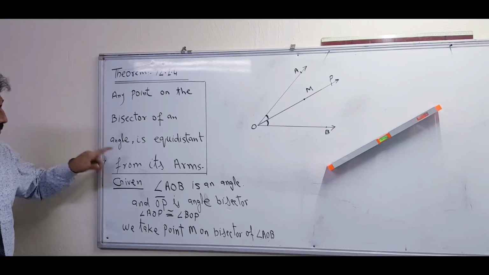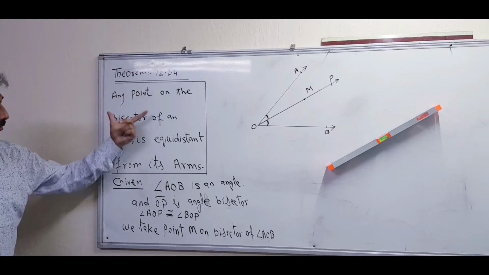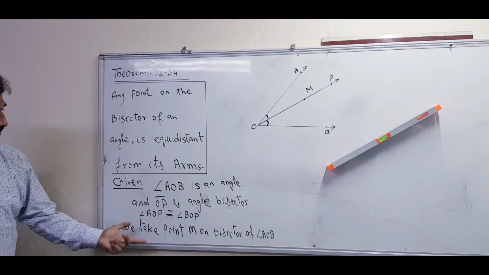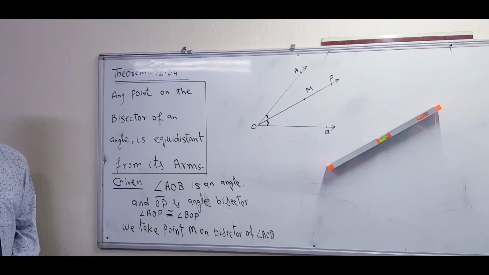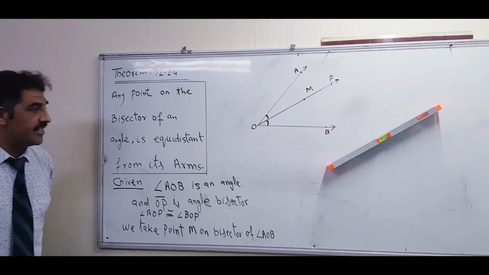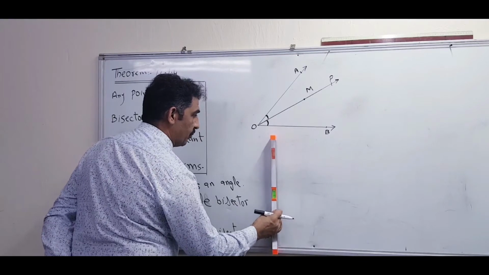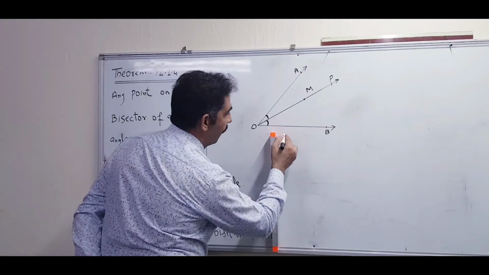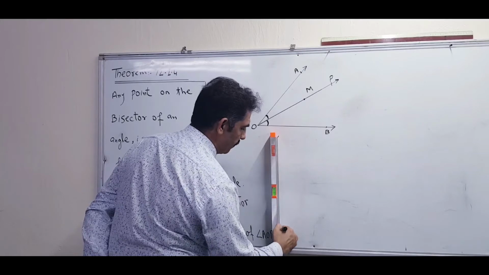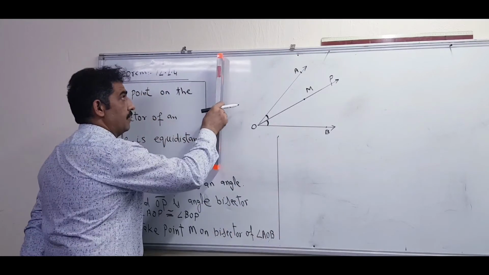So from this we can get the data from the diagram. After that, as I told you before, you have to prove. So we have to prove, then after that we have to make the construction. What is to prove?